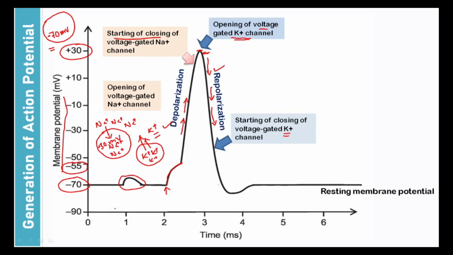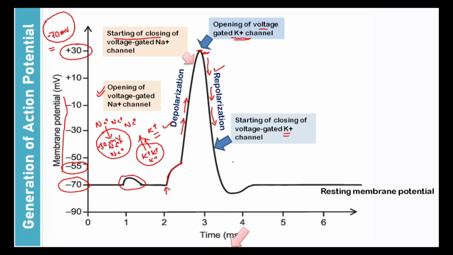If we are considering a neuron, then we can say that only in the area that is the axon hillock of the membrane, where the voltage gated sodium channel is abundant, because the opening of voltage gated sodium channel is required. So here we can find that there is a starting of closing of the voltage gated potassium channel